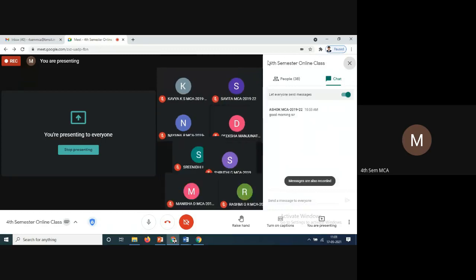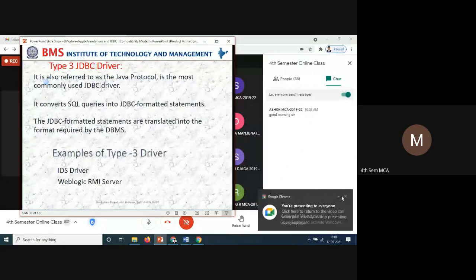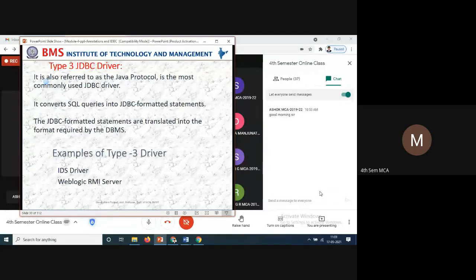Next, JDBC formatted statements are translated into the format required by the DBMS. So SQL queries are converted to JDBC formatted statements, and JDBC formatted statements are translated into the formatted queries of the DBMS.